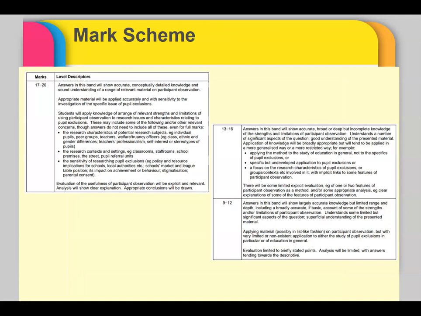Okay, here's the mark scheme. As you can see here, there's some ideas. I'm not going to go into too much detail. You can read this yourself. But there are some suggestions that are given. If you look at the difference between the 17 to 20 mark band down to the 9 to 12 mark band, you see a variation in the level of detail and depth that students can go into. So focusing now upon this extract and on this issue,